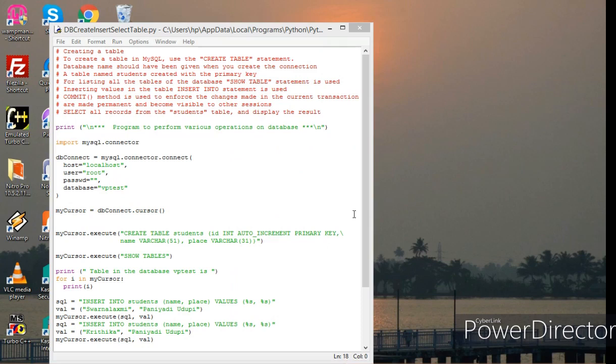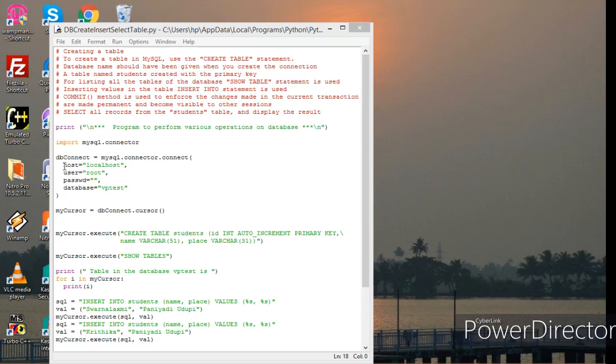Now let us see how we can create a table and how we can insert data into it and how we get the display of it. So to create a table in MySQL, use the create table statement. Database name should have been given when you create the connection. You can just look at this.